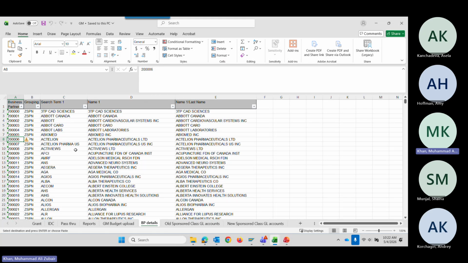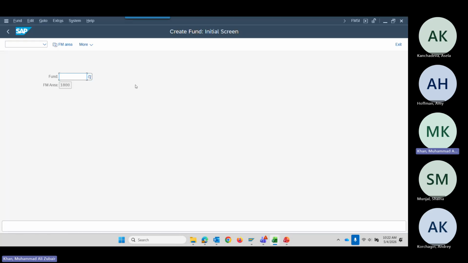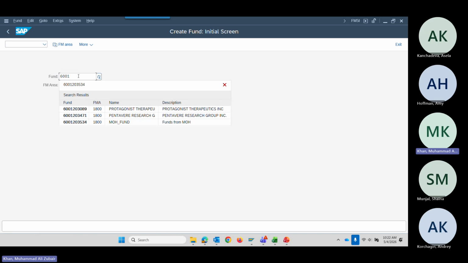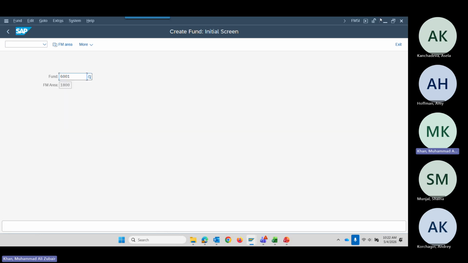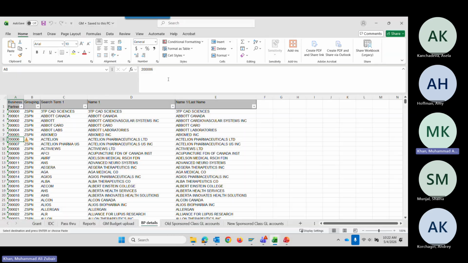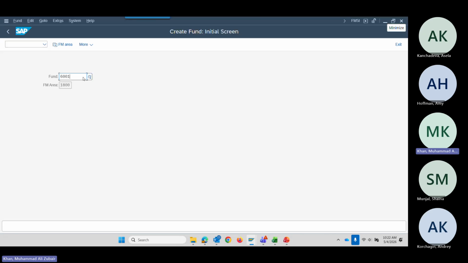So this is the convention we are following. So like this one, we write 6001, and then we just copy paste root 0006,